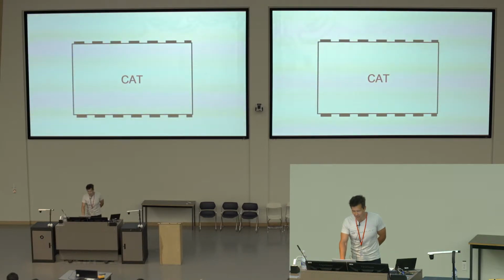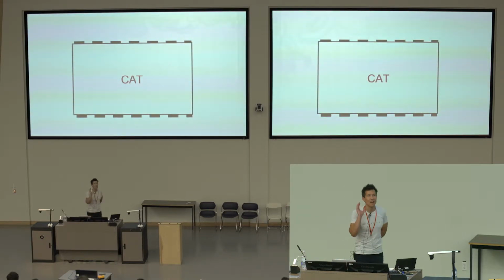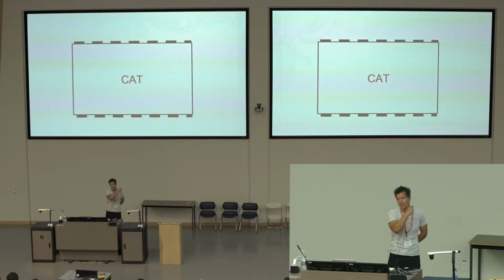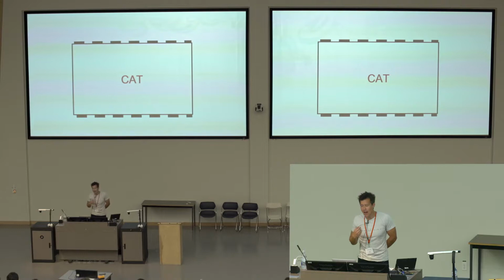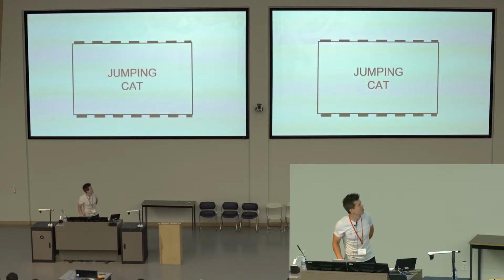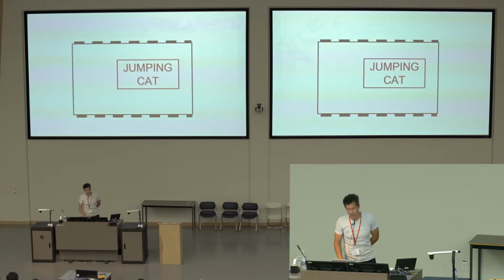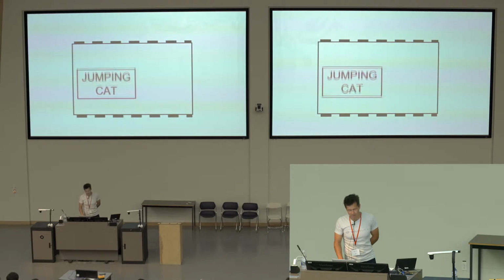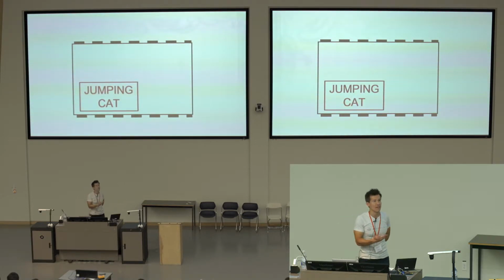Here's my cat video. Okay, so this is action classification, okay? Here's a video, cat. That's the sort of label we want to put on that. Action localization wants to do much more than that. We'd like to know that this is a jumping cat, and beyond that, we'd like to know, is it this type of jumping cat? Is it this type of jumping cat? Is it this type of jumping cat? Those are all different things.